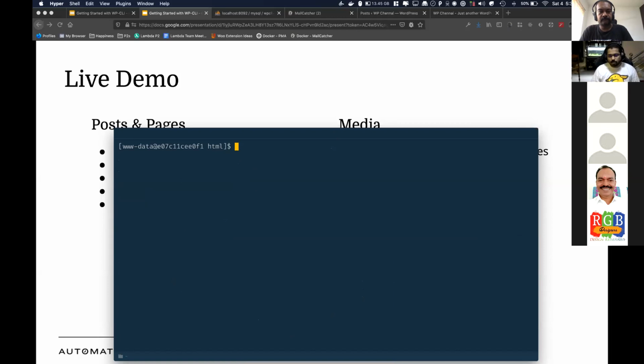Also, it is possible to chain multiple commands. So suppose you want to delete all the drafts, you can do it in one command like this, WP post delete. So the next parameter is the post IDs. So if you know the IDs, you can actually pass them here. If you don't, you just want to delete the draft posts, what you can do is you can put a dollar symbol, then open a bracket. Then you can type the